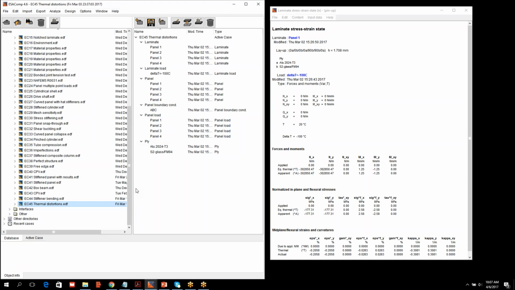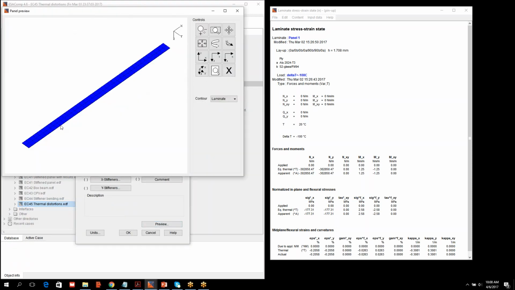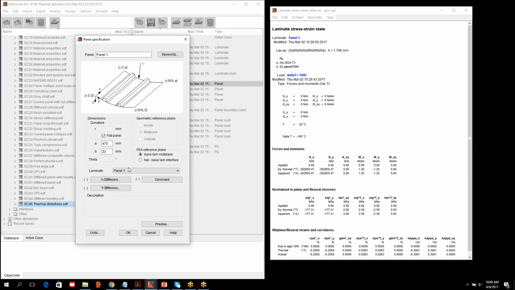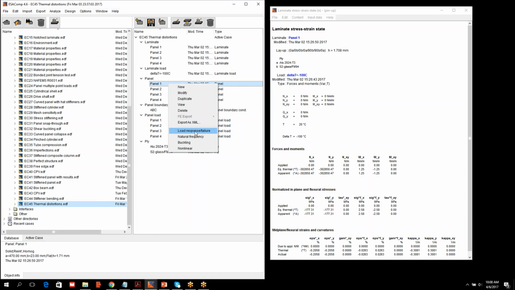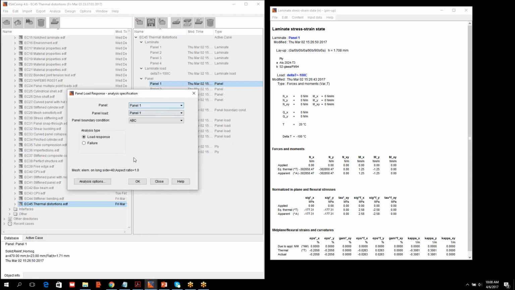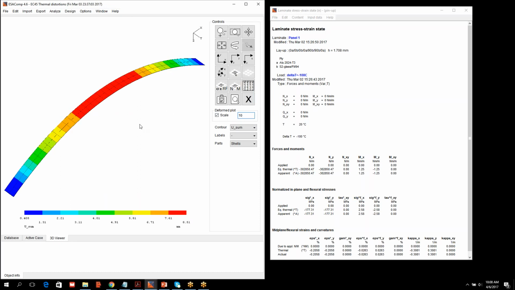Okay, now I have the load vector created. The panel itself is a simple narrow laminate strip, and the panel 1 has been selected for this one, and the boundary conditions are simply supported. So now I can perform with the panel analysis a load response analysis, and what I obtain is the thermal distortion of this narrow panel,